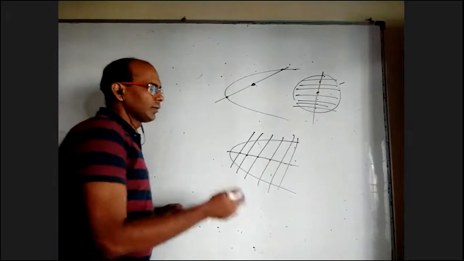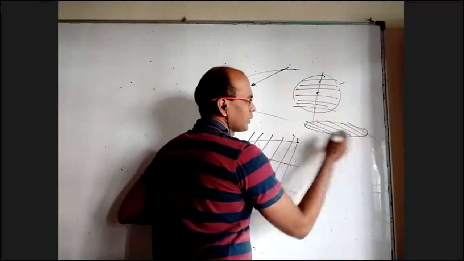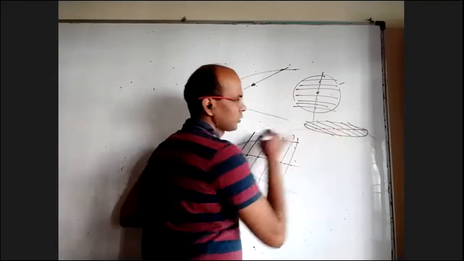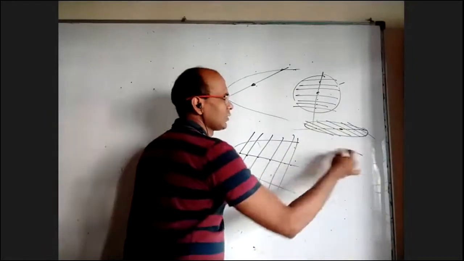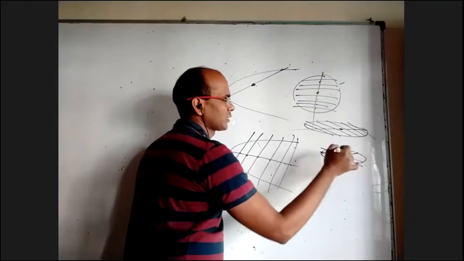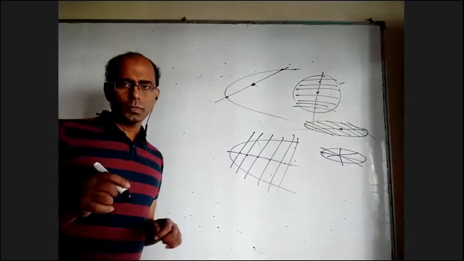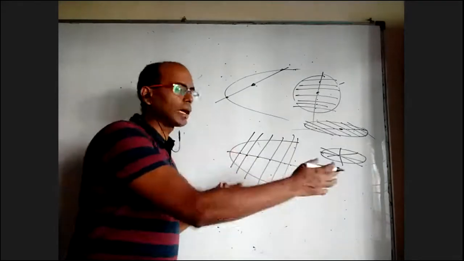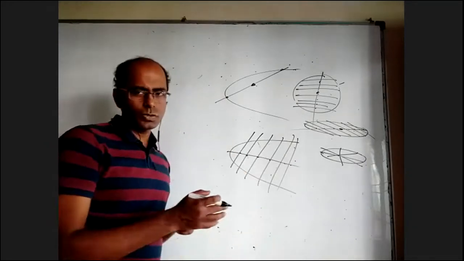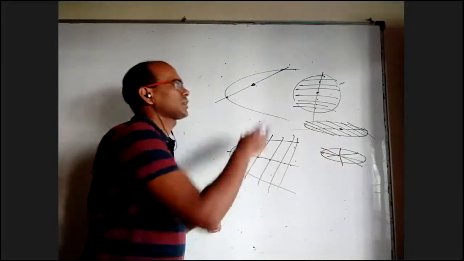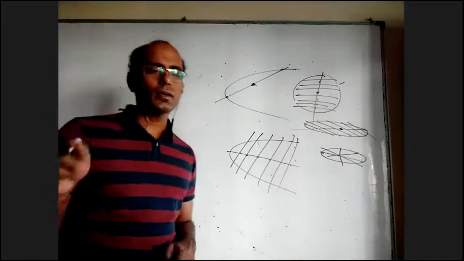Whereas in the case of ellipse, if there are some set of parallel chords like this, they all have midpoints. When you join, you will get a line passing through the center of the ellipse. So you can say in one sense, for ellipse, any line passing through center is a diameter. But the definition is not that. Definition is locus of midpoint of a set of parallel chords is a line. That line is called diameter. In hyperbola, it will come a line passing through center. In ellipse also, in circle also, a line passing through center, but not in parabola. In parabola, you will get lines parallel to the axis.